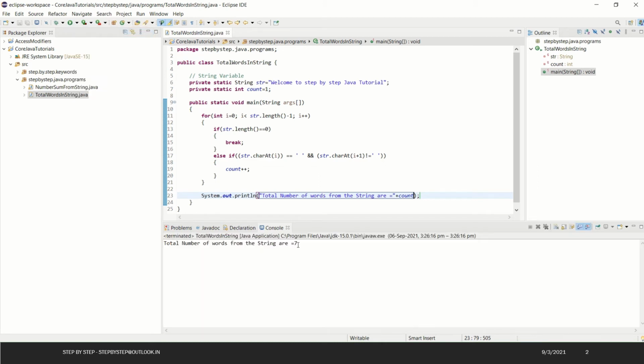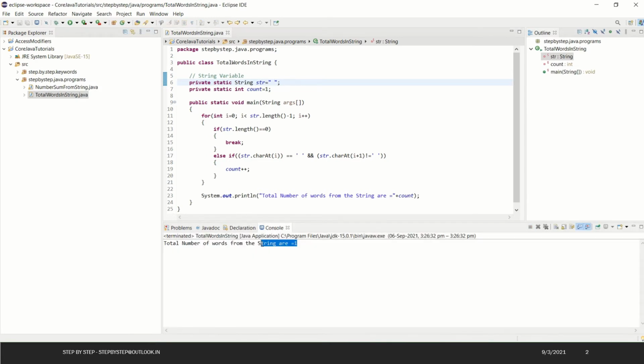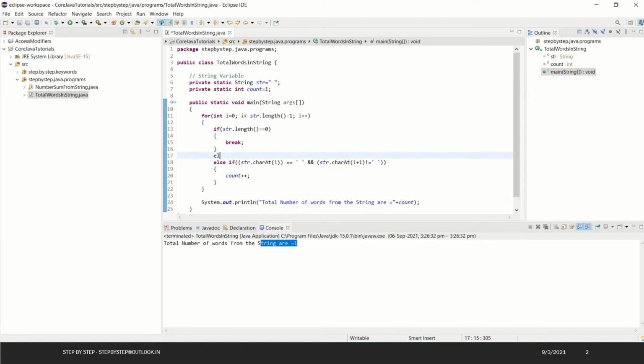If you see, the total number of words are 7, because welcome to step by step Java tutorial, total 7. Let me do one thing, let me remove this and keep only a white space, and let's see now what it is giving. It is still giving 1 because it is considering a white space as a word, but it's not a word actually. So we need to again put a condition in our